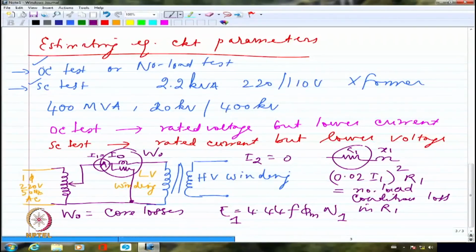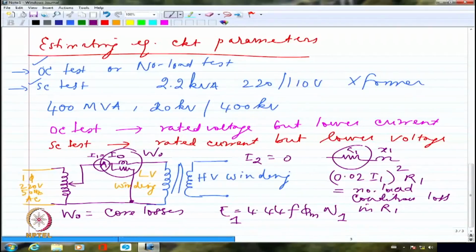So if it is at rated value, then I am essentially looking at the overall magnetic circuit depicting a behavior which is very similar to nominal operating condition. So under normal operating condition, however the magnetic circuit may be, that is the behavior depicted by the transformer. If the flux, the frequency and the voltage are at rated value, I can say the core losses will be at rated value, whereas the copper losses are very, very minimal. So whatever reading I get from the wattmeter, I would call that the rated core loss